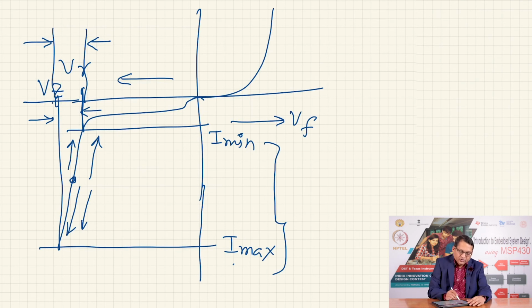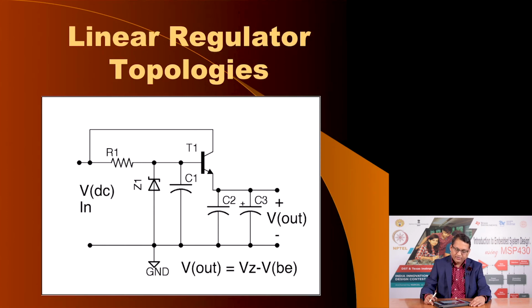Now, we would like to reduce this variation, which would lead to a bad specification, a bad voltage regulation feature of this power supply, and so we use an alternative mechanism. We use this Zener diode together with what we call a series pass transistor, in this case an emitter follower.